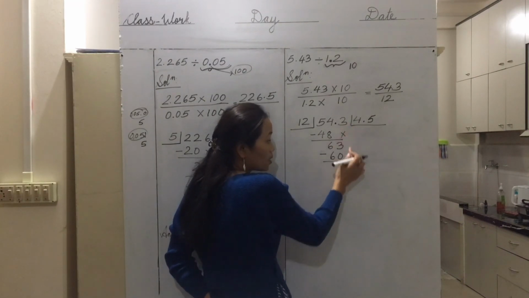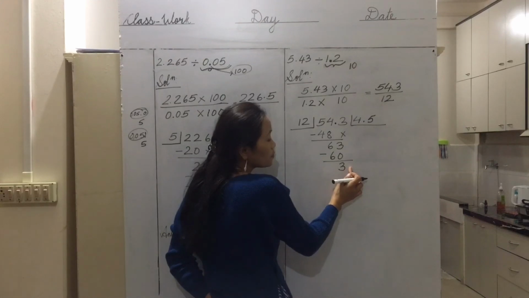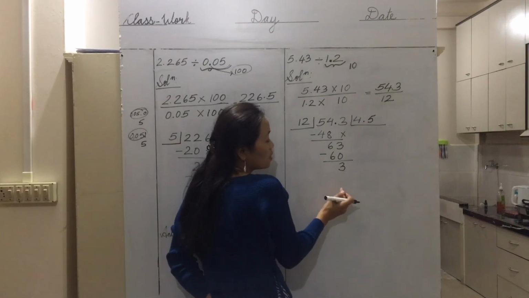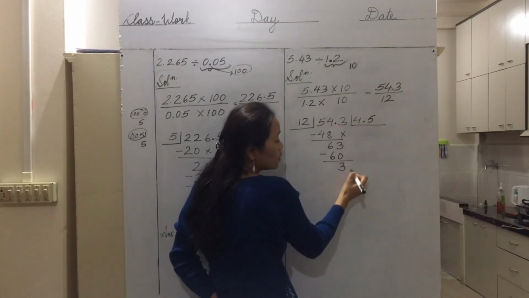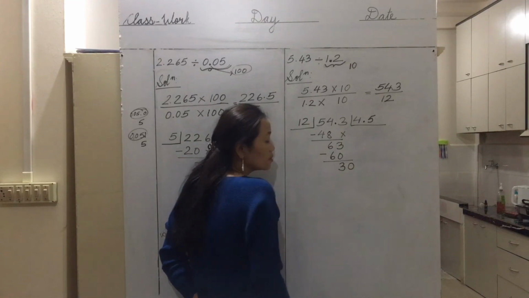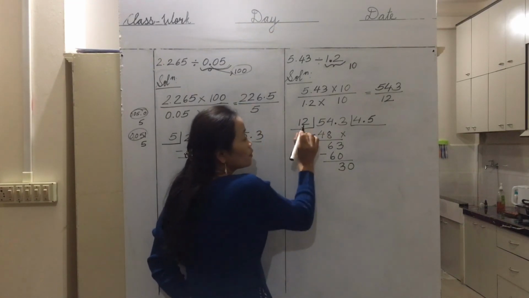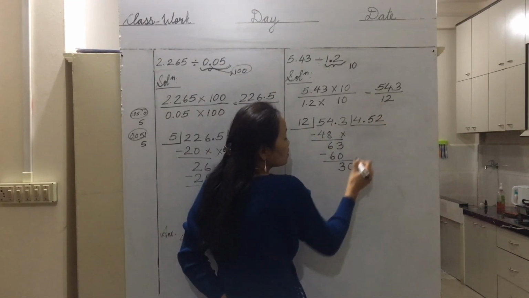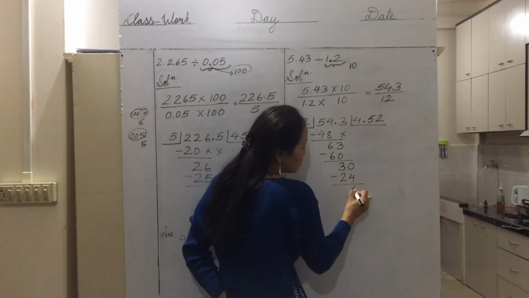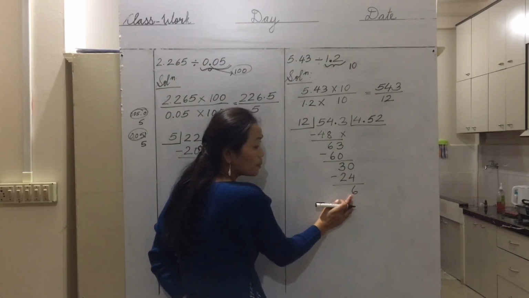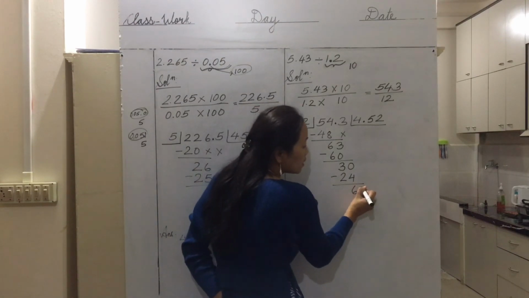But we need to divide until we get 0 as the remainder. So what do we do? Because of the point here, we can add a 0, right? And then divide. 12 2 times 24, we subtract 6. Still no 0 for the remainder. That means we can add 1 more